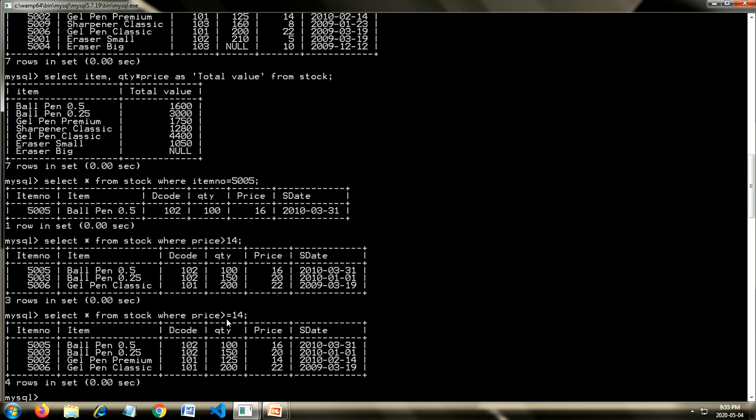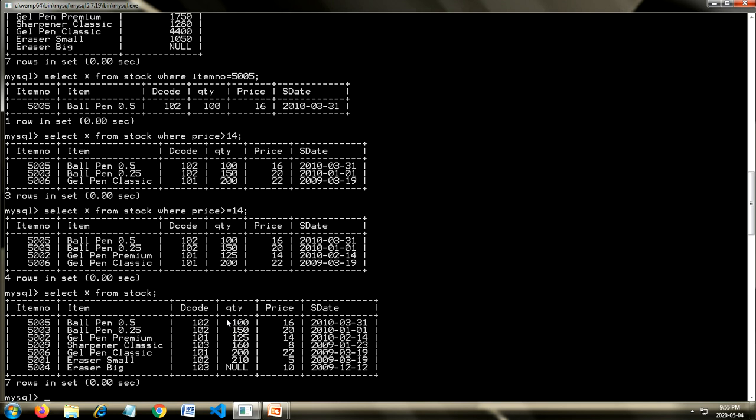Let us give another example. Let's see all the records first. Now I want to see where the quantity is more than 100. I'll write select star from stock where quantity is greater than 100.